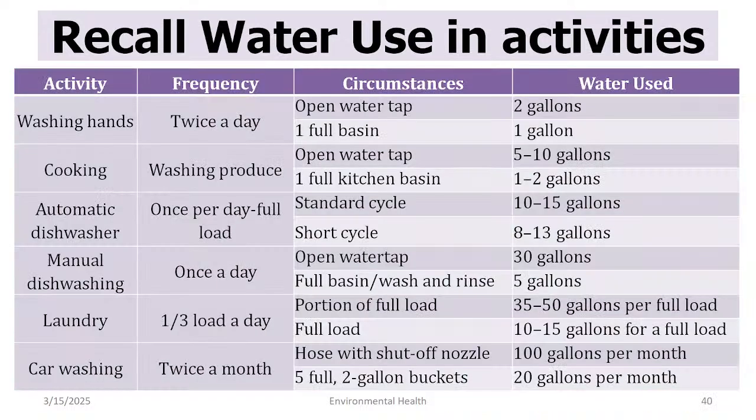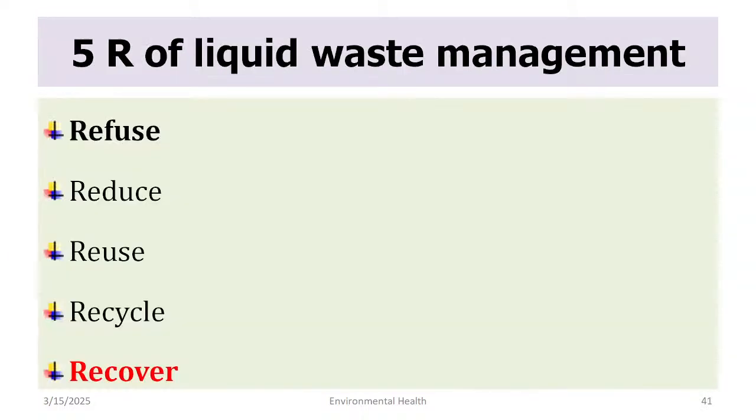We have these kinds of examples also in cooking, by opening the water tap or brushing. See, कहाँ गया, brushing पीछे था. Laundry or car washing. I gave you one example of people nearby. A lot of water is used, right? So if we have to manage liquid waste, because most of this water will become liquid waste, they are going to become either grey water or sewage, or sewage gets connected to the human excreta and becomes a bigger one. Remember the 5R. That's how you can do that. So you write the answer, you give the advice: refuse, reduce, reuse, recycle and recover.